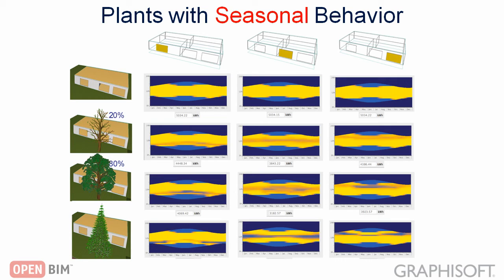The relative position of the tree with respect to the window is also considered by ArchiCAD's model-based solar analysis. You can note the difference in the solar irradiation charts for the different windows. The tree on the right side of the south-facing window provides shade in the morning, while the tree on the left side provides shade in the afternoon. Please note that the tree in the lowest row is an evergreen. Evergreens are non-deciduous, so they do not drop their leaves in the winter, as the corresponding solar irradiation charts clearly